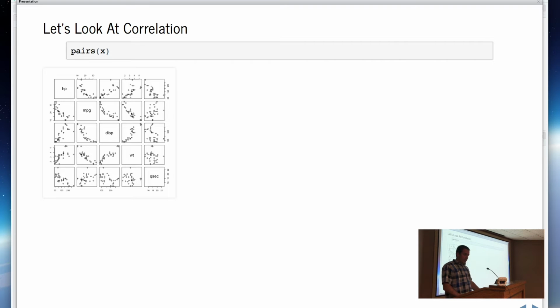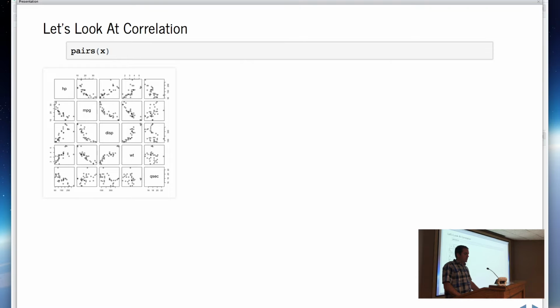One indication to know whether our variables predict well is to look at the correlation of those variables. And R has a nice function called pairs that's going to put out a correlation table. We'll be predicting horsepower.